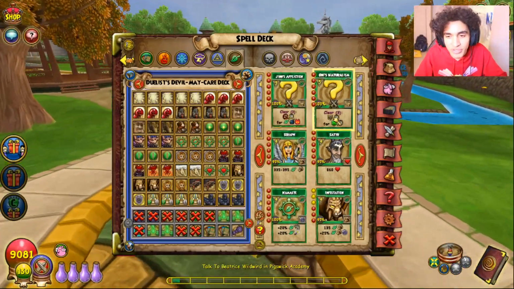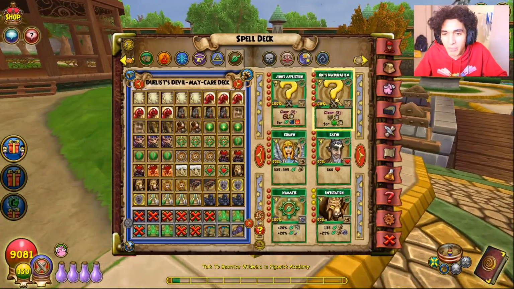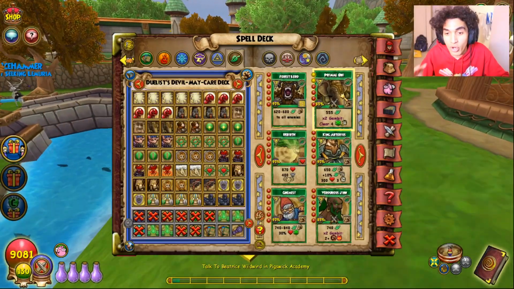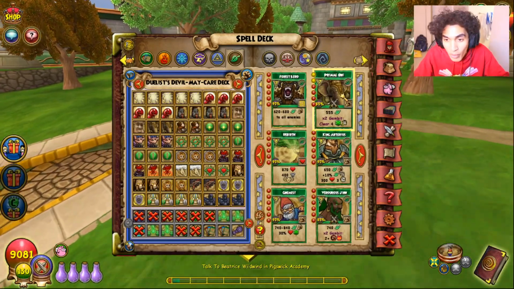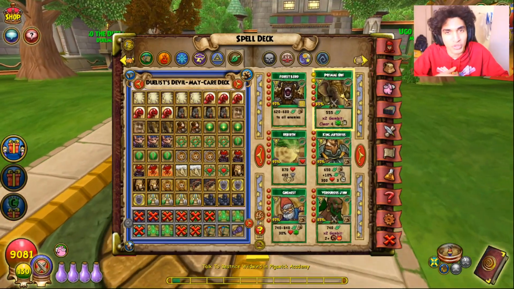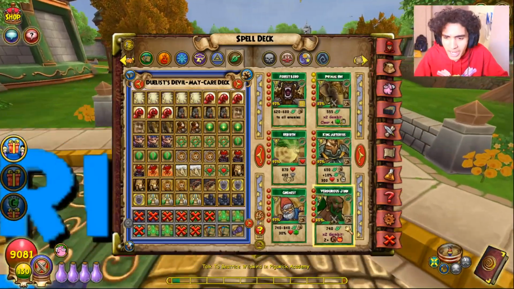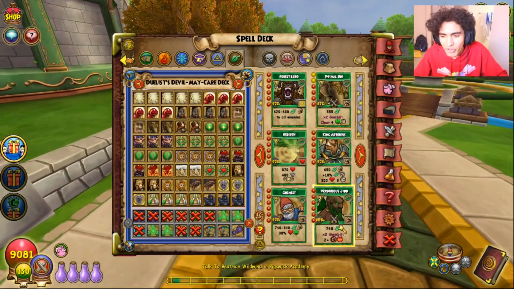I like Oni's naturalism because, yeah, it's very nice. You convert traps into blades. I think this one's probably the best one for life. Now, I will say this. I think the Oni 3-pip spell goes very well with this. If someone's trap stacking you, you can literally just turn them into blades and get ready to do a massive hit. So I do like the Oni, but again, I think the Jin, it's just very, very hard to see